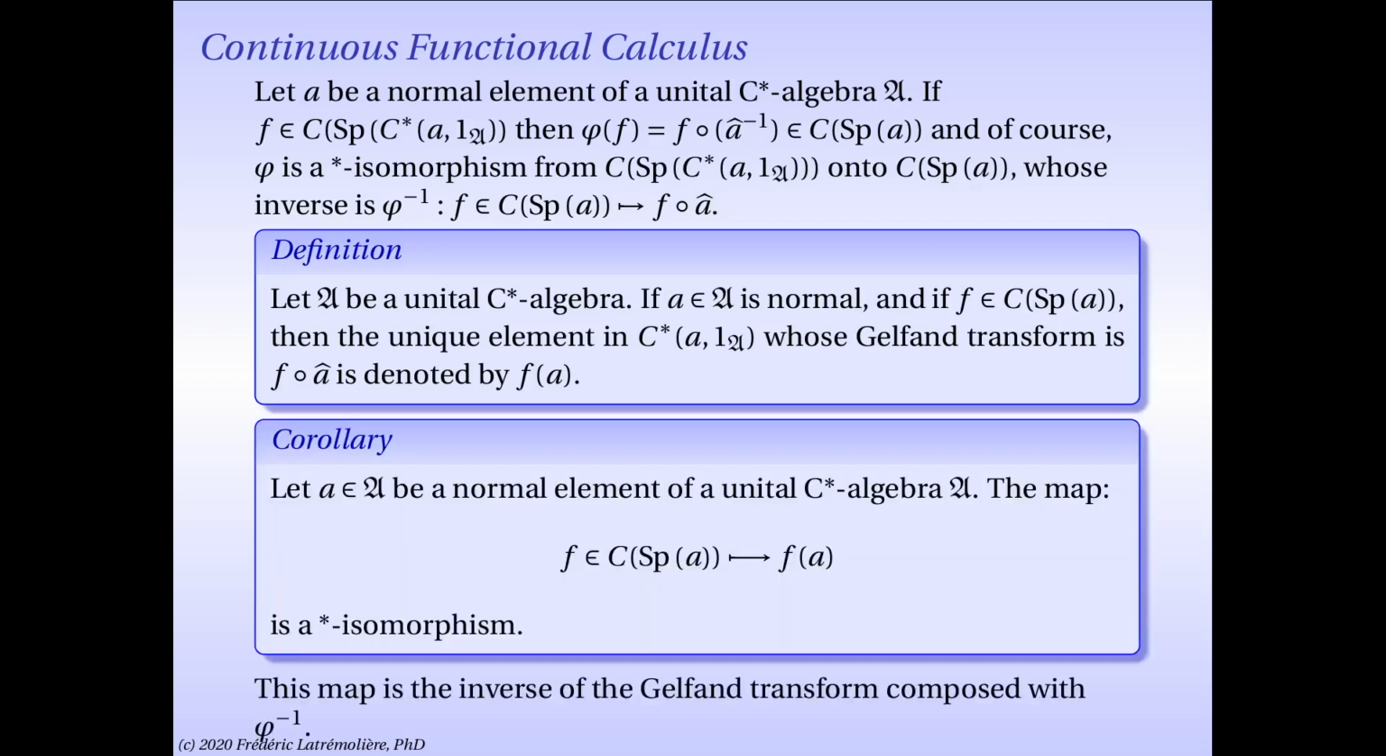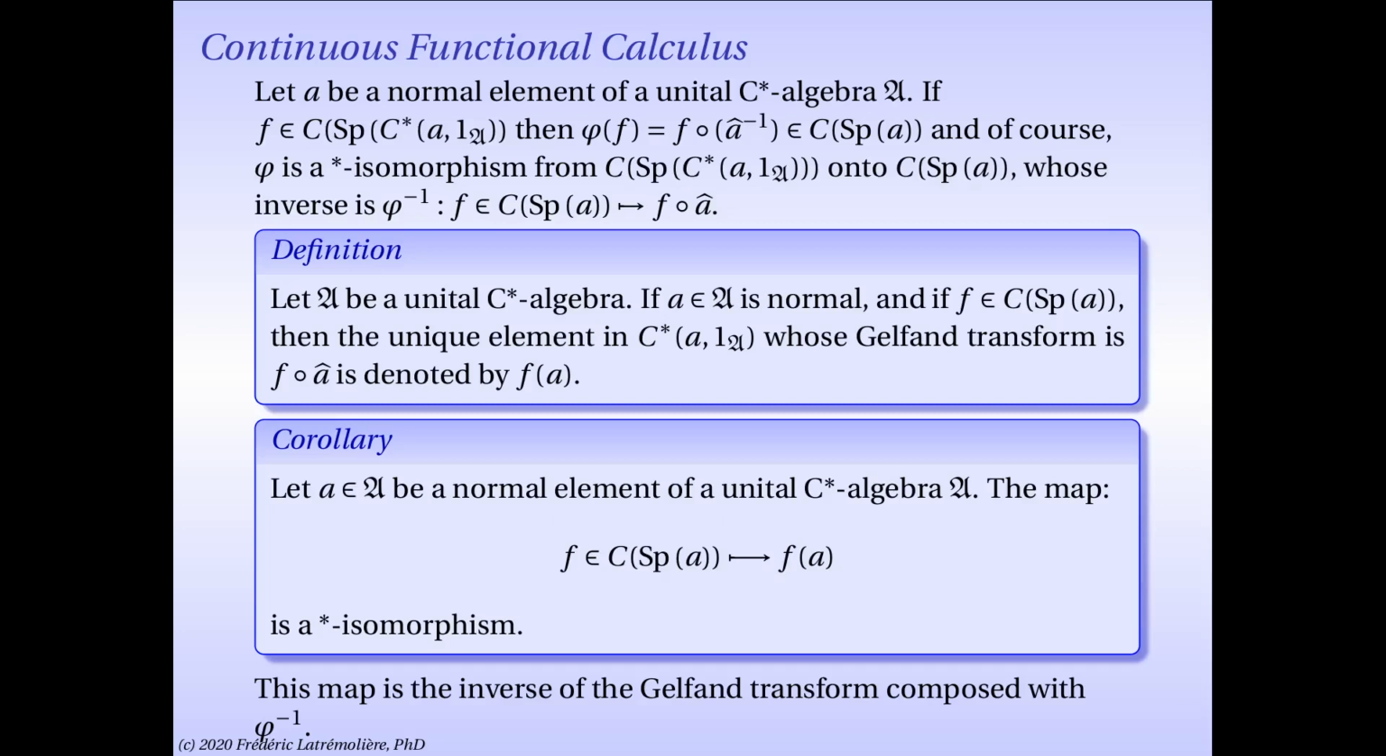So let's be even more formal. What we're doing here is we are defining a new star isomorphism, which goes from the complex valued continuous functions on the spectrum of A to the C-star algebra generated by A in the unit. And the star isomorphism is defined by composing two already known star isomorphisms. We're composing the inverse of the Gelfand transform with this phi inverse in the preamble. So, because it's a composition of two star isomorphisms, it is itself a star isomorphism,